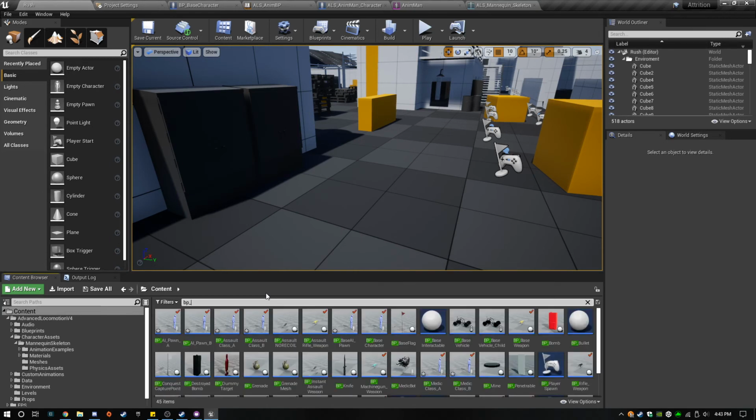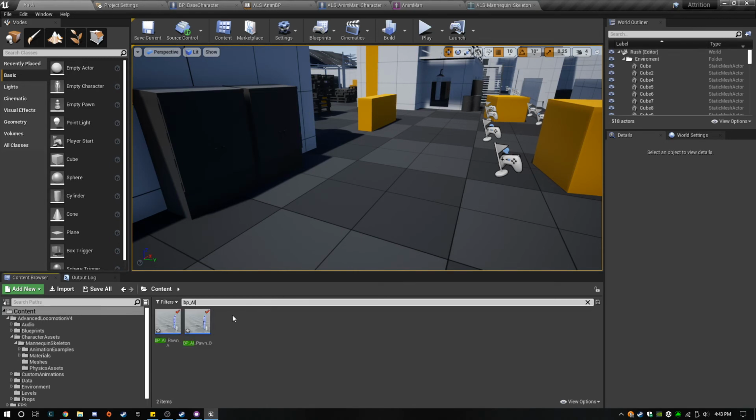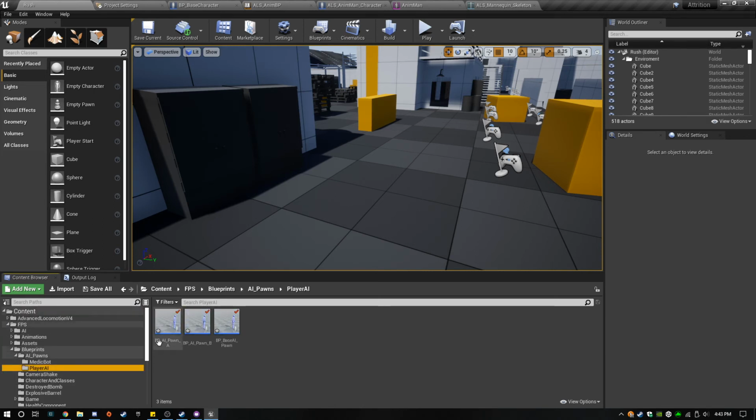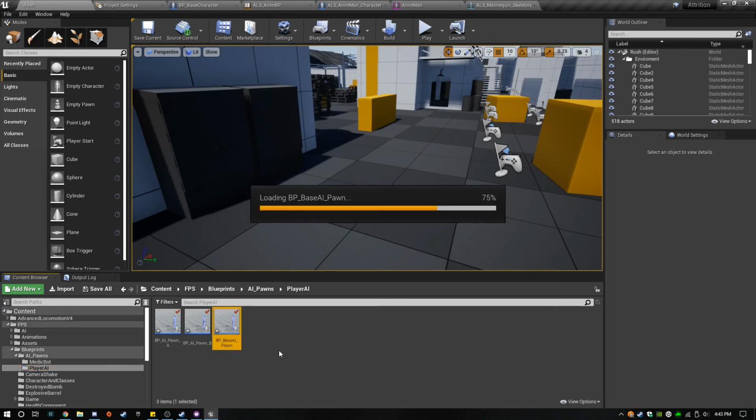AI. What did I call this? Jeez. We want FPS, blueprints, AI pawns, player AI, that one, base AI.